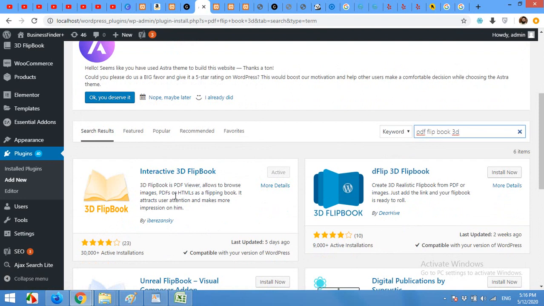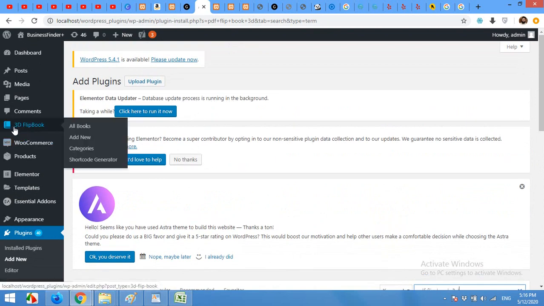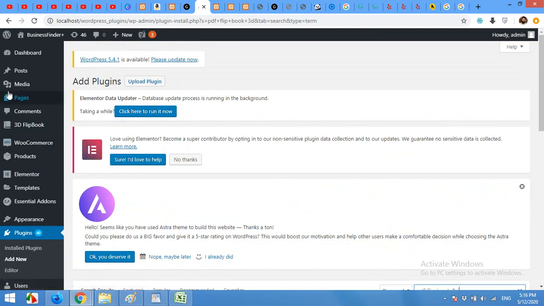Okay, after installing and activating the interactive 3D flipbook, come to your 3D flipbook menu, which will appear on your dashboard after installation of this plugin. Click on 3D flipbook and come to shortcode generator. But before we can generate our shortcode, first you will have to upload your PDF file to your media library. So click on media